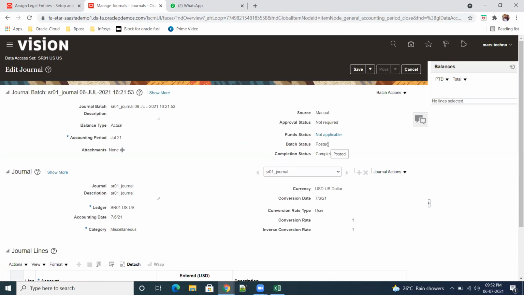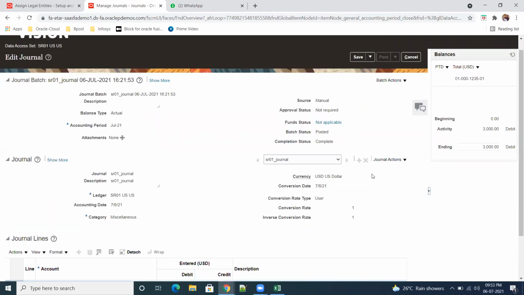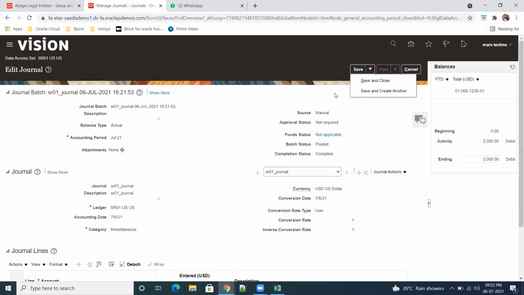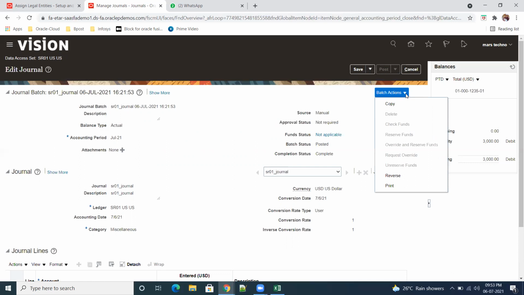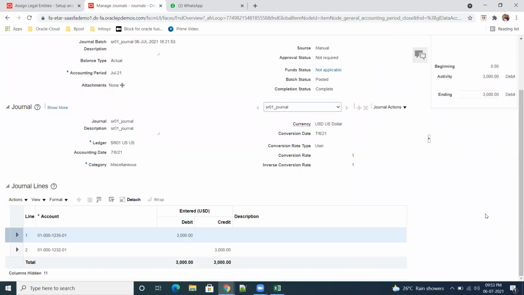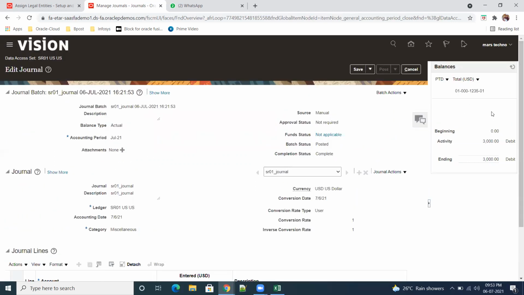Batch posted. Somewhere we'll see that thing here only. This is the beginning activity, debit and post, and somewhere we'll see some kind of entry. I don't know. Batch actions. This one only, I guess. Yeah, this is the thing. Earlier it was showing a bit more.